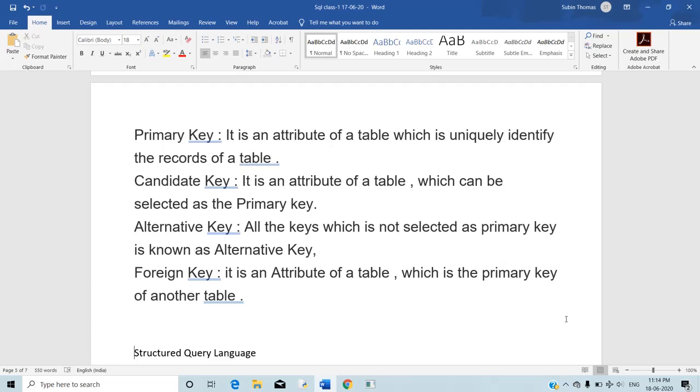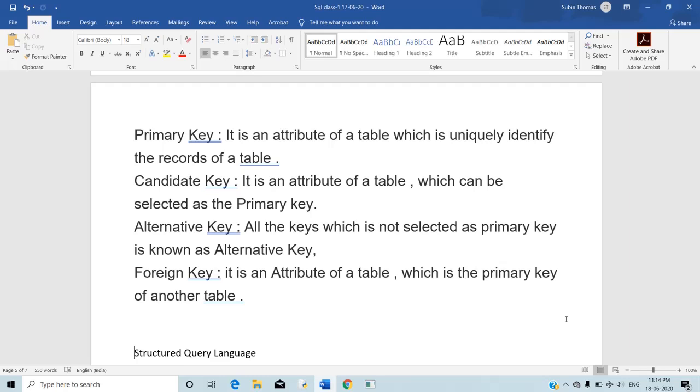And we have another table named department, which stores the information about the departments. That means each department has a unique number, and that unique number is the department number. That department number will be the primary key of the department table. So we are considering two different tables: one is department and one is employee. The employee table stores the information about the employees, whereas the department table stores the information about the departments.